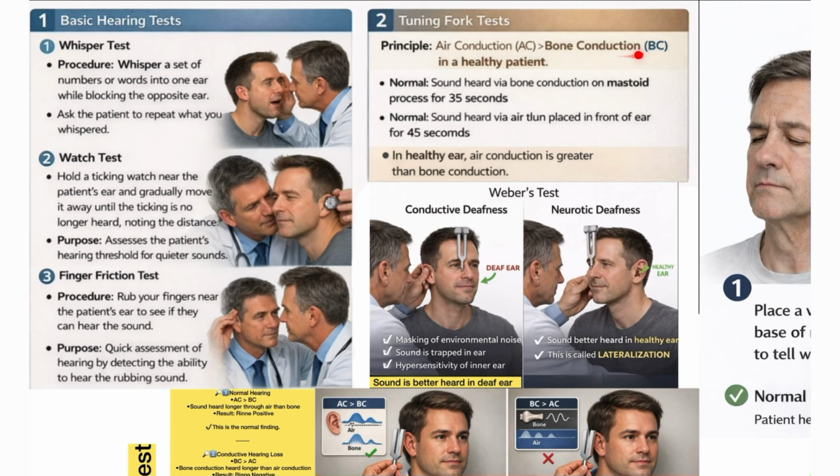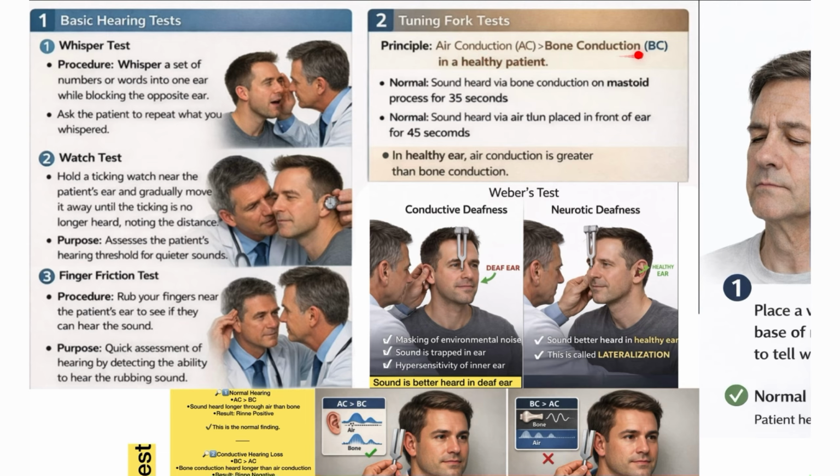While supporting the head, the doctor quickly brings the patient from sitting into lying position in such a way that the head hangs 20 to 30 degrees below the level of the table, and then the doctor observes for any positional nystagmus or vertigo. If the patient experiences vertigo or the doctor notices positional nystagmus, then benign paroxysmal positional vertigo is diagnosed. Now when it is being diagnosed, you can treat it as well on the bedside, and this